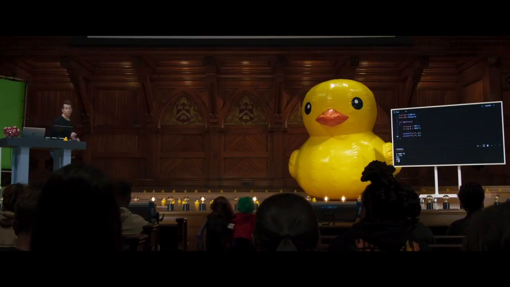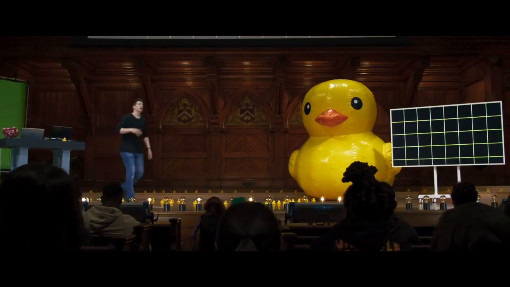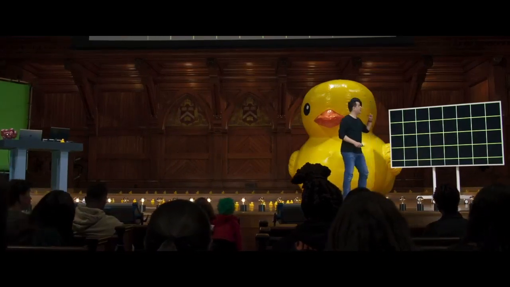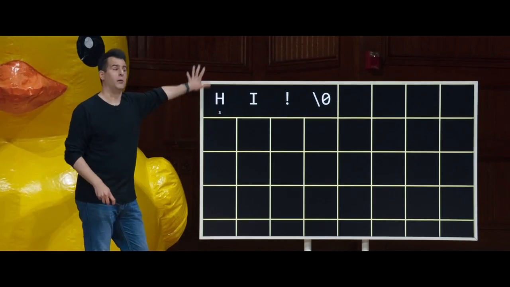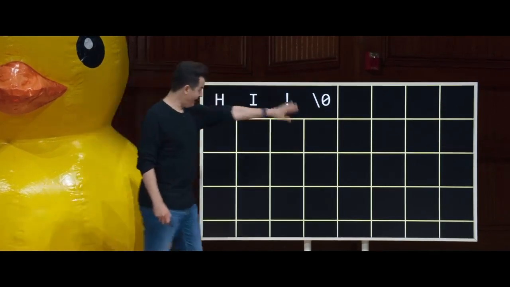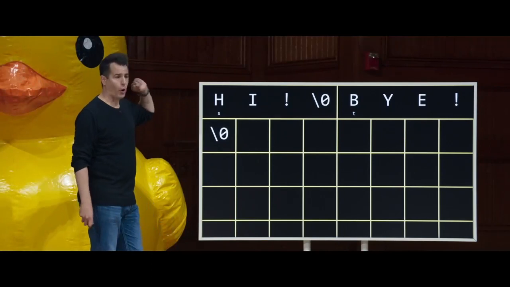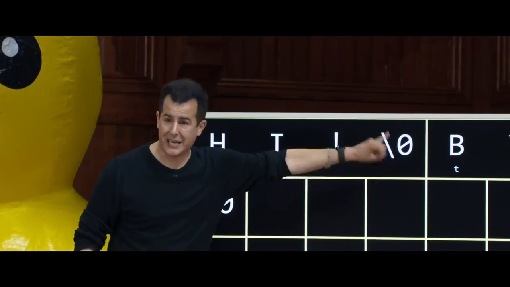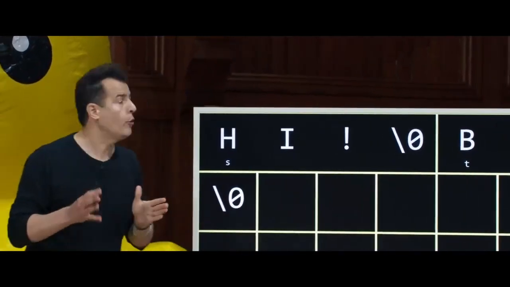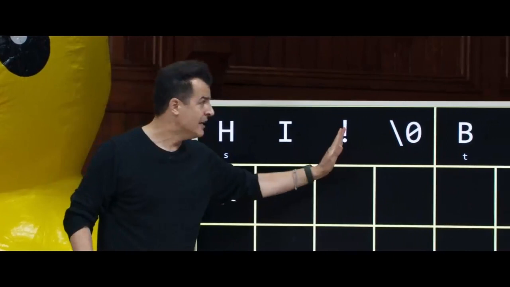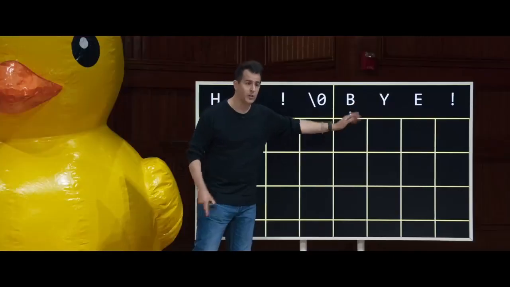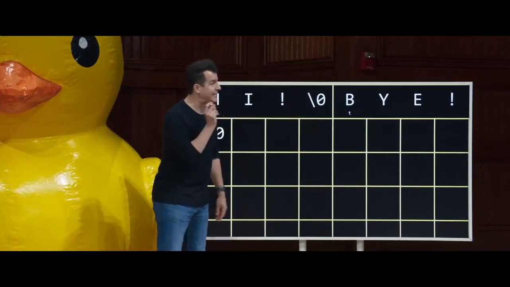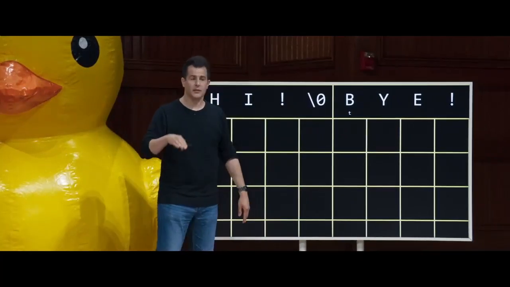But what's going on inside of the computer's memory? Well, in this computer's memory, assuming these are the only 2 variables involved, and assuming the computer is just doing things top to bottom, hi is probably going to be stored somewhere like this on my canvas of memory. Bye is probably going to be stored there, and it's wrapping around, but that's just an artist's representation. But notice that it is now really important that there is this null byte at the end of each string, because it's how the computer is going to know where hi ends and where bye begins. Otherwise, you might see hi bye all on the screen at once if there weren't this sentinel value indicating to printf, stop at this character.